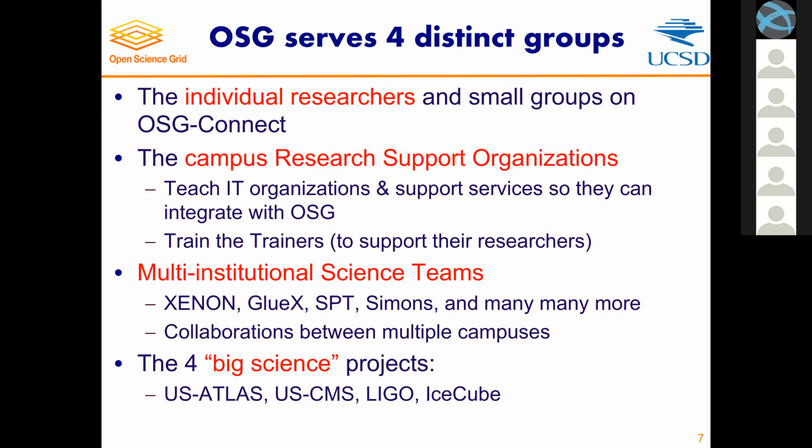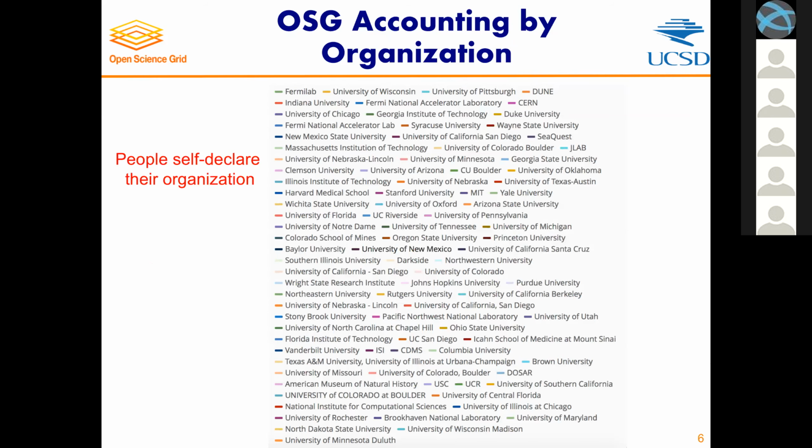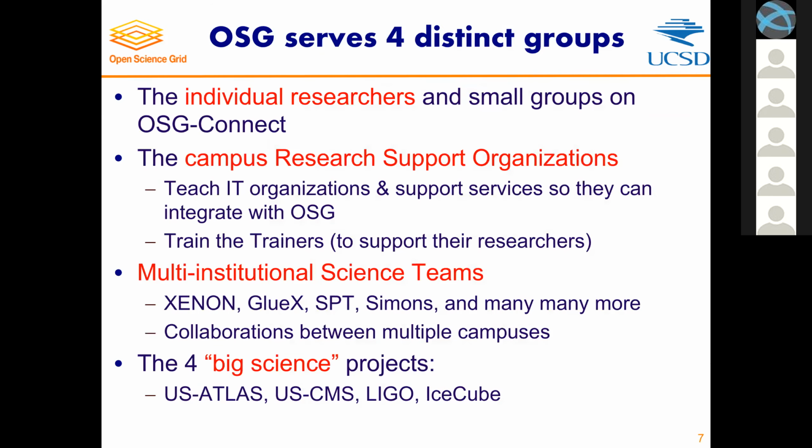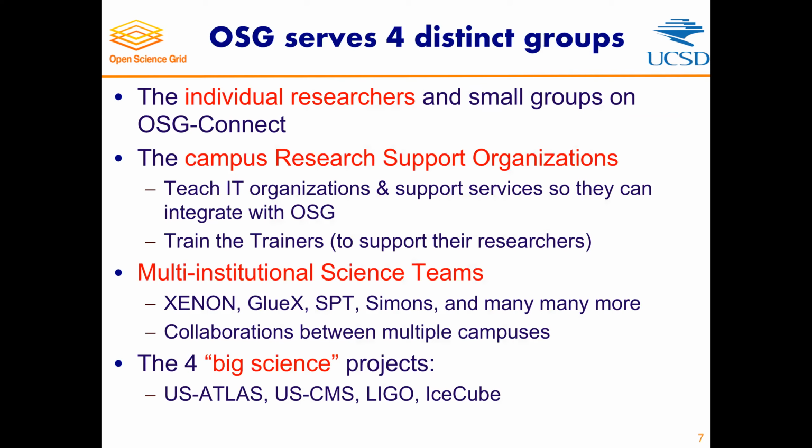And if you then try to ask yourself, how do you make sense out of this mess of that very open, very diverse, very broad set of people? We think of them as classified into 4 different types of community, types of groups. And we think of these 4 different types because we've identified that different people require us to do different things for them, and that they roughly fall into these 4 types of entities.